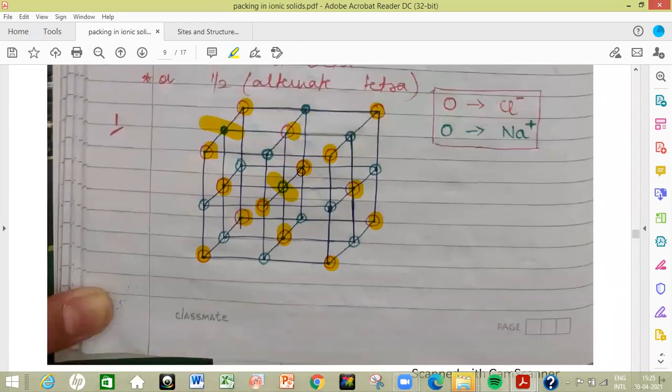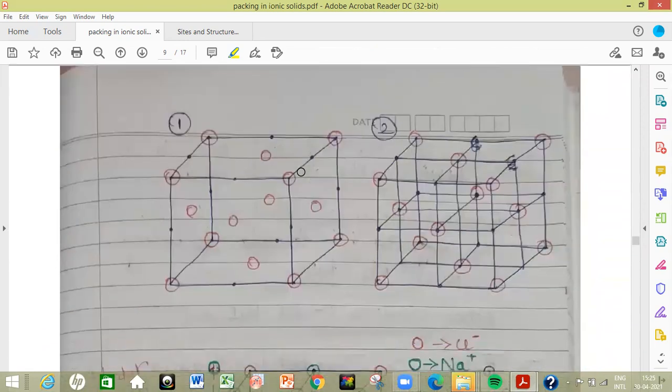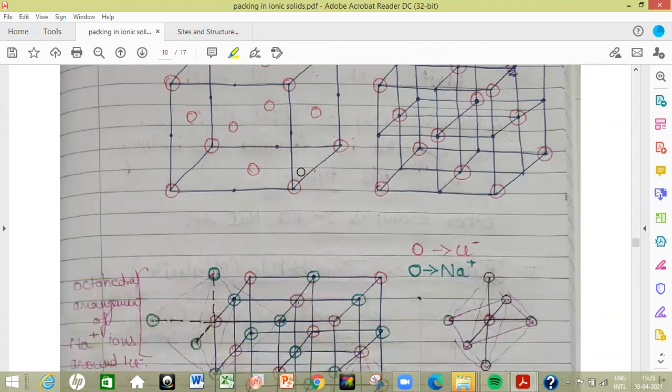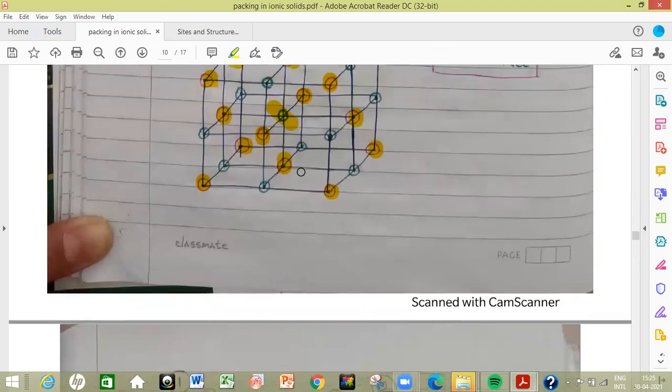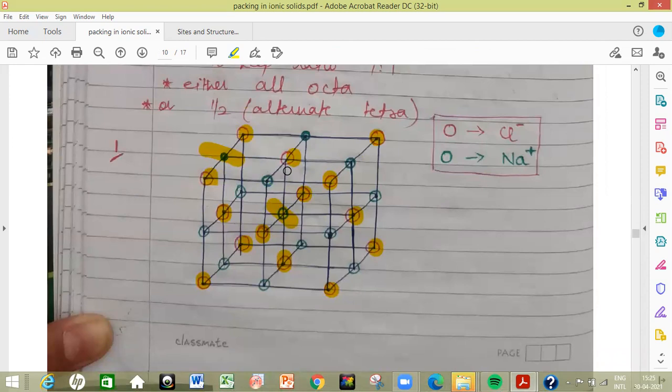Now, second thing which we are going to count here is the number of chloride ions actually present in the unit cell. So number of chloride ions is same as we have calculated for the number of atoms in a single unit cell for FCC lattice, because chloride ions are making the FCC lattice. So number is going to be 4. The contribution is as the corners will contribute 1 and the face centers are going to contribute 6 into 1 by 2, that is 3. So 1 plus 3 is 4.